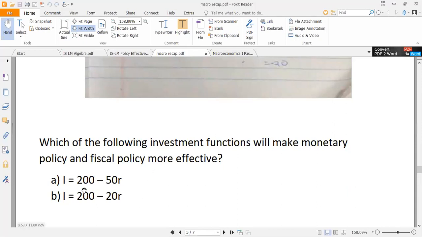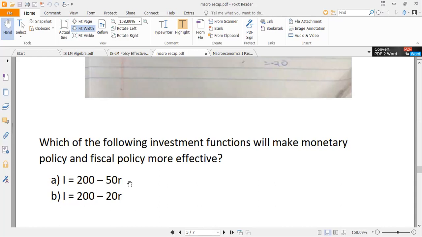Now, let's look at these two investment functions. You have been given these functions, and then the question is, on which investment function will fiscal policy be more effective, and on which one will monetary policy be more effective? So even before you look at the functions that you've been given, you have to know the theory, know the intuition. We know that fiscal policy becomes more effective when investment is less sensitive to interest rate, because if